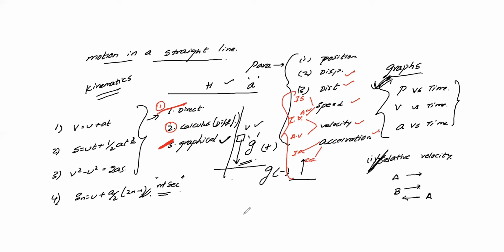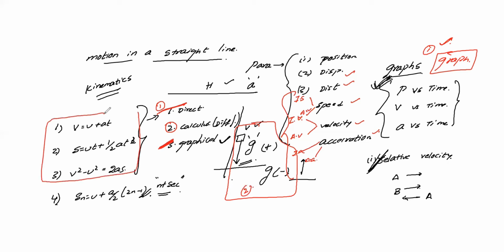When we come to the practical problems, the most important topic is your graphs. Problems on graphs are important. We have to do more problems on this. Apart from that, the problems on acceleration due to gravity. This is your second one. And the third one is related to straight line motion, that is your acceleration part. These are the three segments. These derivations are important and the definitions are important. Problems: graphs, acceleration due to gravity, and the three equations. These are important, and don't get confused.